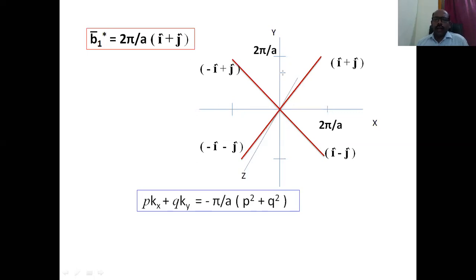So we can draw lines at the middle of this vector. I have drawn one line, and I'm taking it somewhat bigger. And another one is, just like this, the normal to this line. One normal to this vector is this, and normal to this vector is this one.